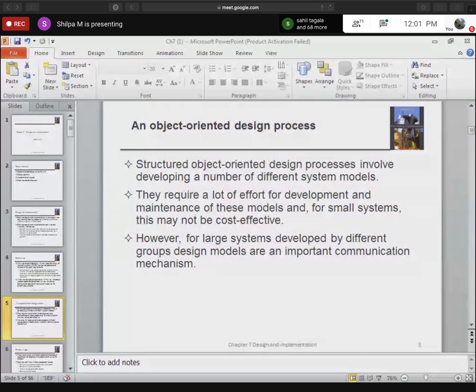Ma'am, it is too much over the head. Fine, leave it. Once you learn object oriented programming next semester, then you will get a real feel of what you mean by dynamically. Dynamically means it is at runtime. Fine. Have you learned the term dynamically somewhere? That word dynamic, somewhere you have learned in some subject. Which?